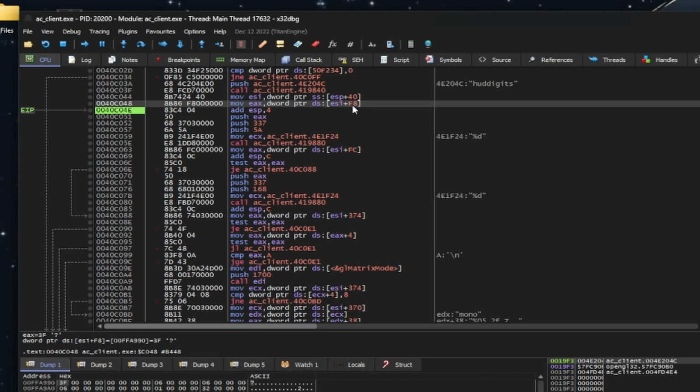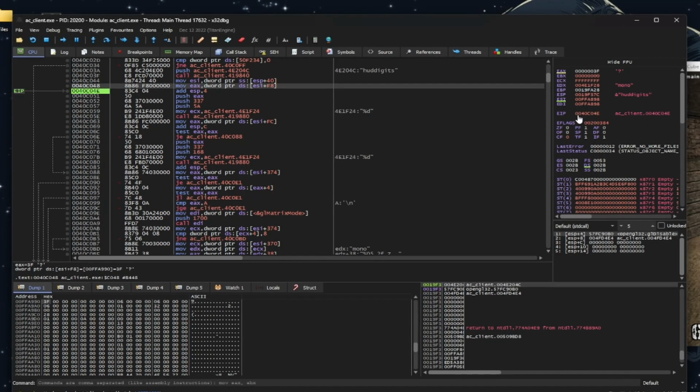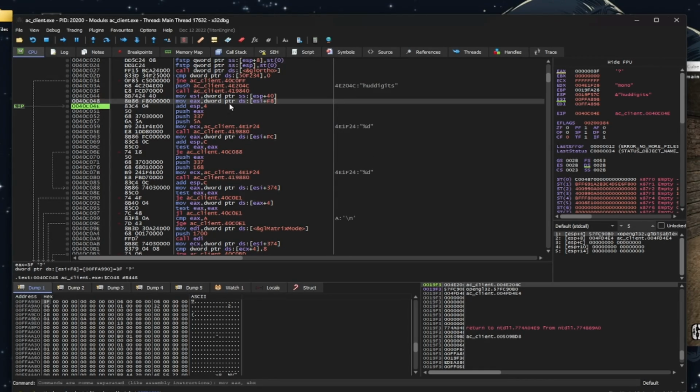ESI plus F8. So we can take ESI here as well, and we can test it out. However, we can also see, okay, so that's the difference here. We see it's moving ESI plus F8 into EAX. It's storing this value in EAX. And in Cheat Engine, it was comparing the health address to 0. So this is a different instruction, but there are obviously, as you can see here, different ways of getting to